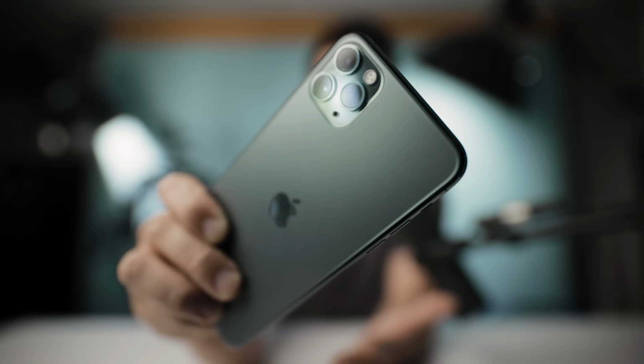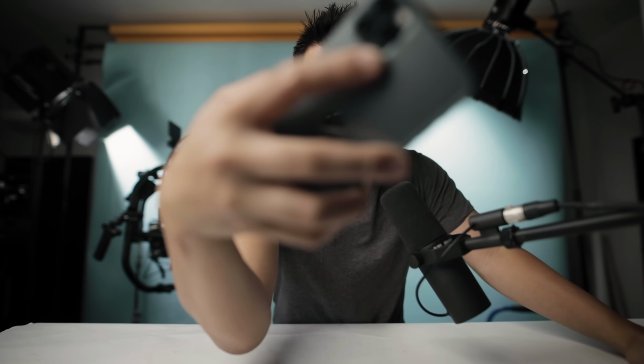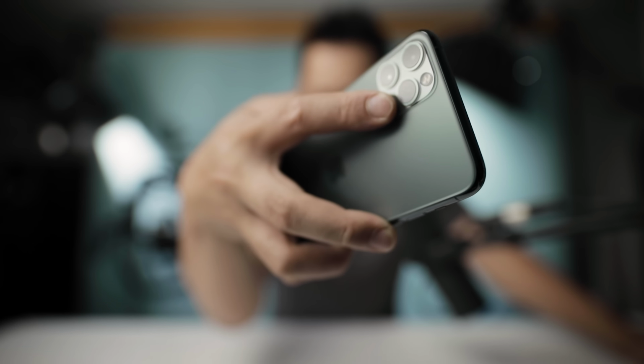So here it is, the iPhone 11 Pro Max, that's the way to say it. Literally, the only reason why I bought this is for that third lens right there, that ultra wide angle lens. If it wasn't for that lens, I probably would have found a much smarter way to spend